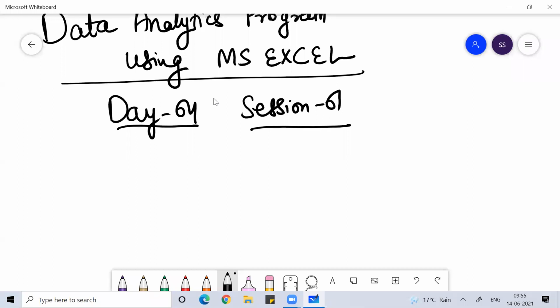We discussed how, in certain conditions, we can restrict the conditions within the cell, which we can do by using the data validation function. Then we talked about how we can calculate the total number of columns in an Excel worksheet, and the property of counting the number of rows. Then we talked about how we can put a password in an Excel workbook and in an Excel worksheet. So we learned that.